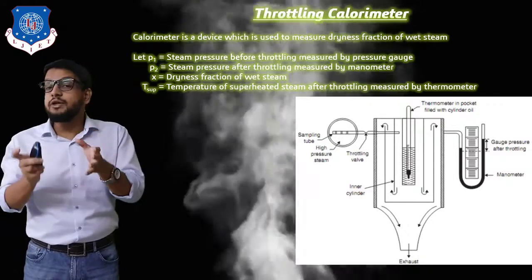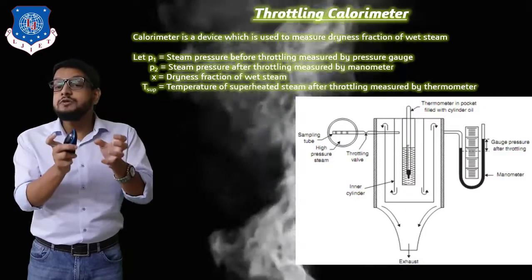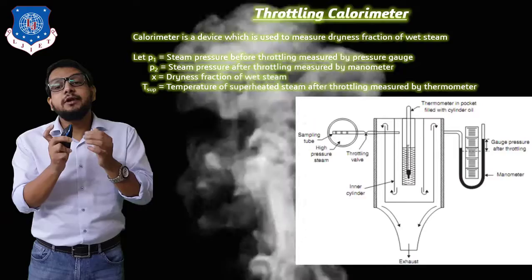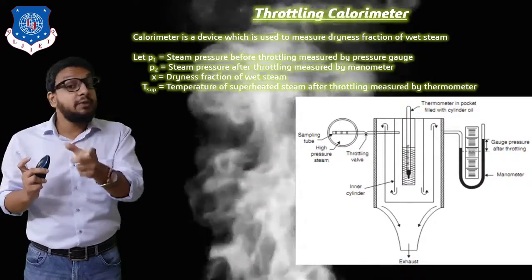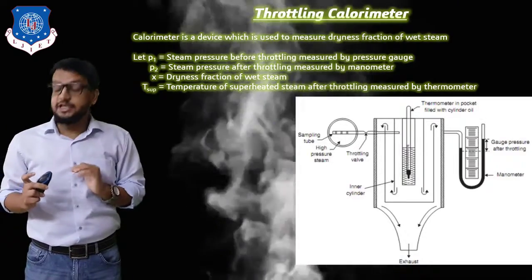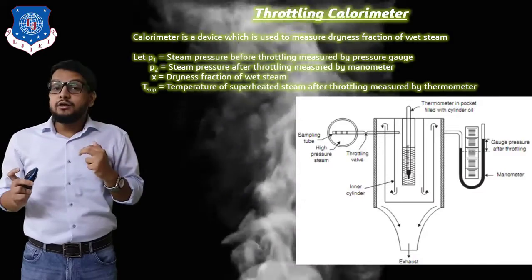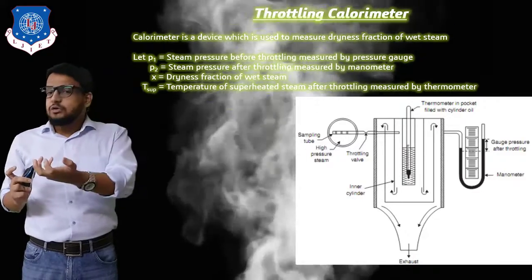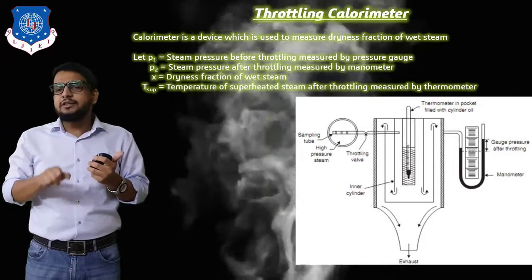The purpose of the throttle valve is to provide a narrow passage, which means that since we know wet steam is a combination of dry steam and water molecules, the water molecules present in the wet steam will be completely vaporized because of constant enthalpy and pressure reduction, and so after throttling we will get a superheated steam. That superheated steam will enter into a calorimeter. As it enters the calorimeter, it will flow in a downward direction as represented by the arrow,